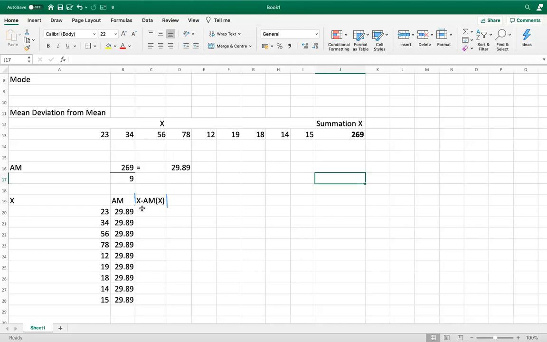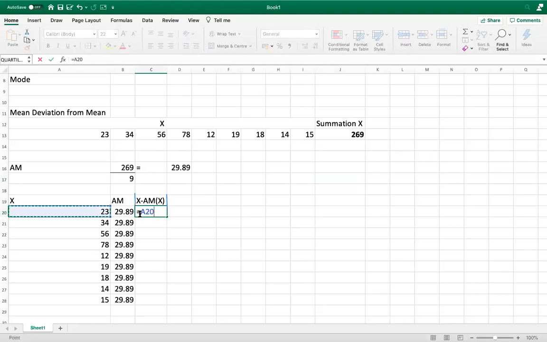So modulus is two line brackets. So supposing 23 minus, supposing I do this, x minus x bar है ना. So it is minus 6.8889. तो वो negative sign हट जाएगा. Modulus बोला तो positive हो जाएगा. Plus 6.8889. समझ में आ रहा है? Yes, ma'am. All of you? So that is what modulus is.